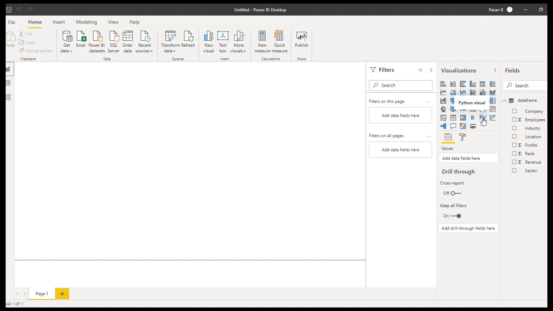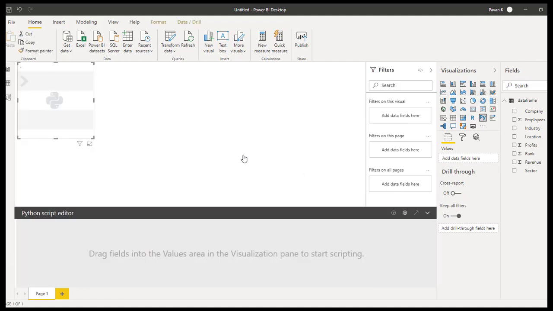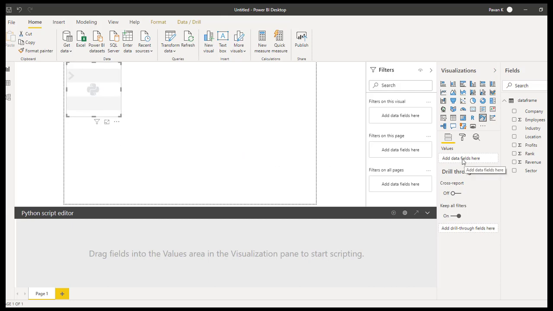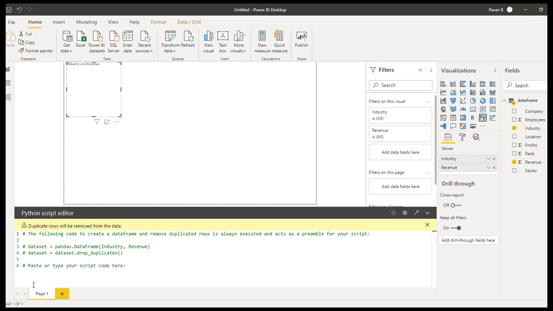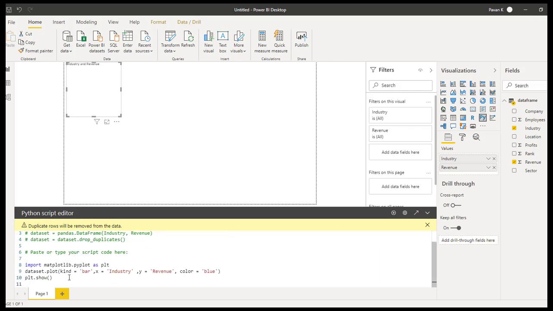Now we'll click on Python Visual, enable. In order to get some visual, I need to have some fields here. So in this visual, we'll use industry and revenue here. Now this will generate a bar chart with the help of Python script, and if we run this,